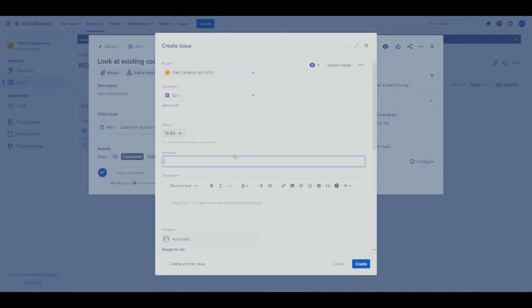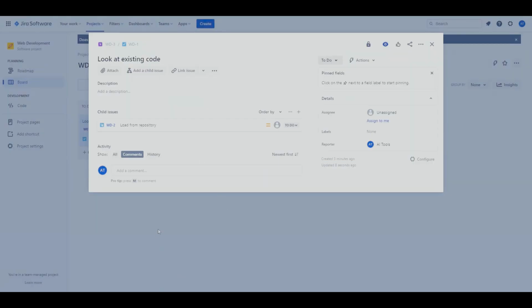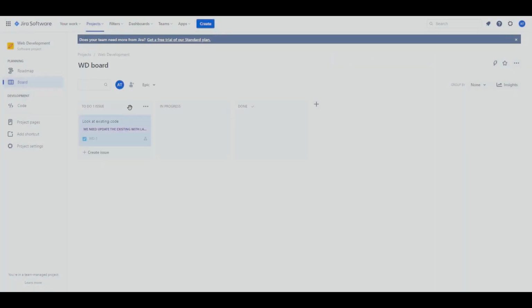What is the summary here? We need to update the existing code with the latest updated system. Right there. Again, you can just assign it to me, and then we'll click create. And here we are. So as you can see here, we've added this epic into this task right here. And again,